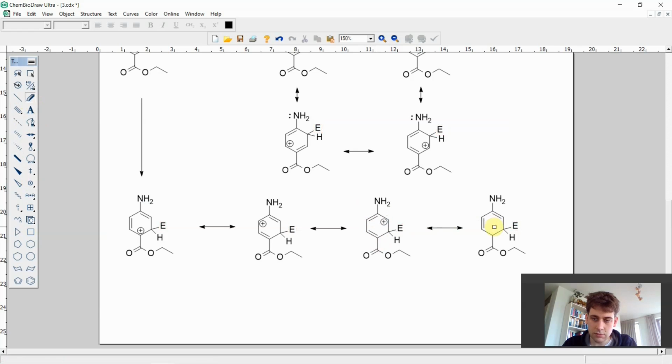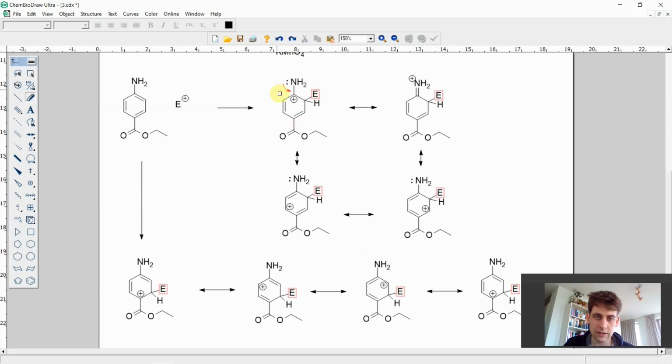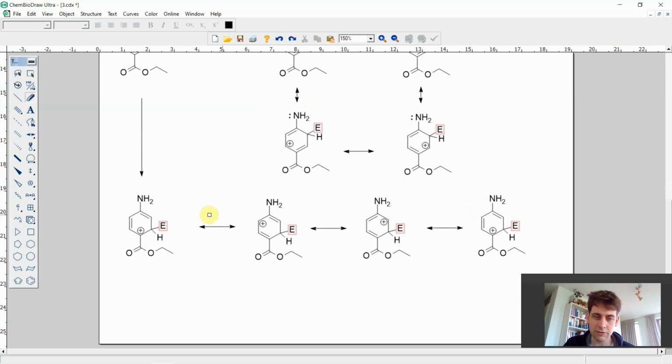So let me somehow do this. Maybe just have the positive charge present here. If I want to now somehow push this lone pair into here or get the positive charge onto the nitrogen, that's not possible, because for the positive charge to go into the nitrogen, it needs actually to be located on the carbon atom where the amino group is directly attached to, as we've seen here in this case. Here in this case, the amino group can help stabilize it, and in this case here, for the attack in meta position to the amino group, this is not possible. So actually, there's no way that I can draw this resonance structure here, so I just delete this, and then